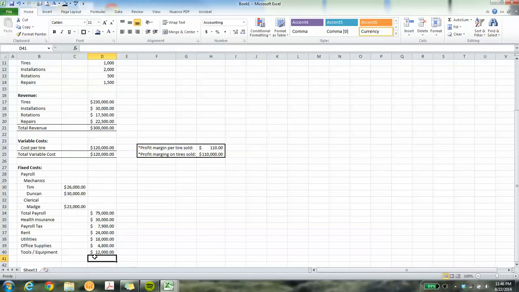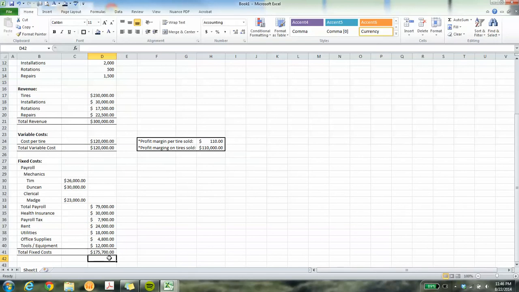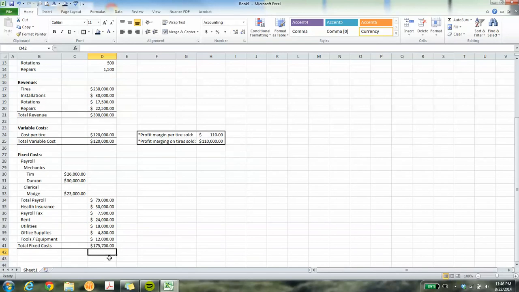Like I said, you might feel like you can keep those all in one column. It's up to you. It's just how I want to stay organized. So I'm going to call this total fixed costs, and like variable costs, I'm going to format paint those cells, equals sum, and then highlight exactly what you wanted summed up, and it looks like our total fixed costs are $175,700. And let's check Lori's Word document. It looks like, yeah, we're spot on. That adds up to